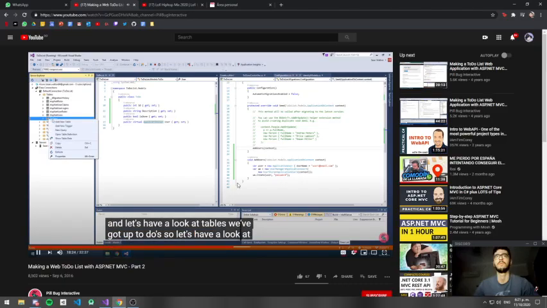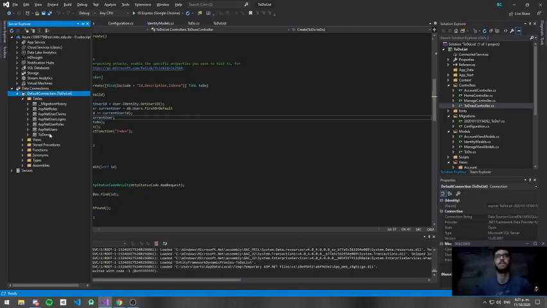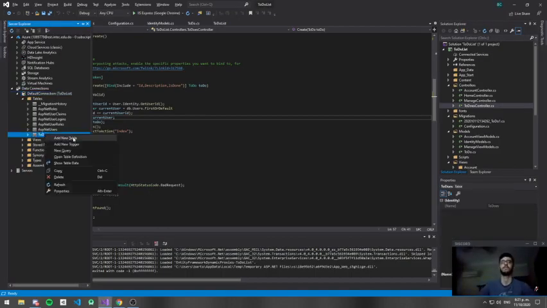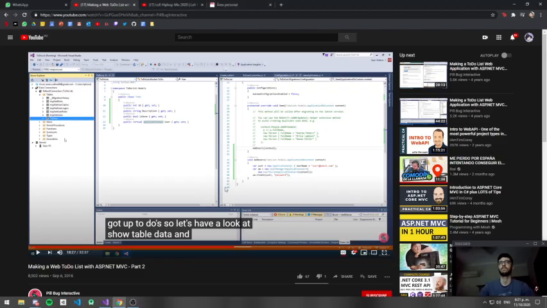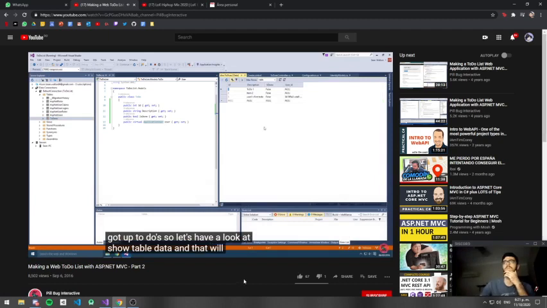So let's have a look at show table data. And that will load, and what we've got is, you can see these are all the things we've created. And the first two